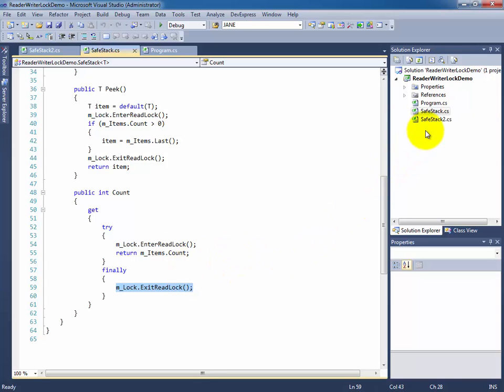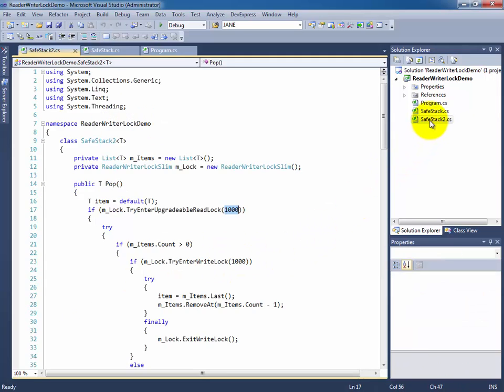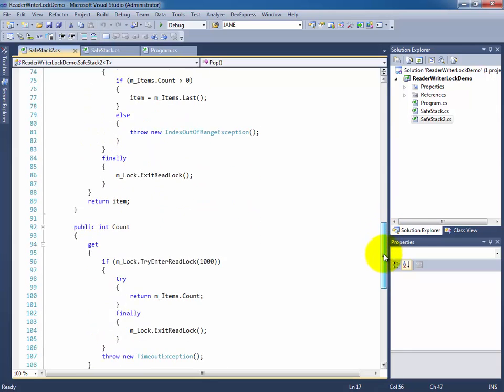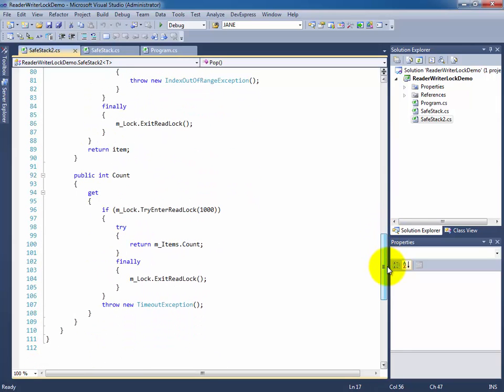Now let's move over to SafeStack 2, which pretty much is accomplishing the exact same thing as SafeStack, but instead of using just enter, read locks, etc., we are going to use the try version of these methods. I'm going to start at the bottom, since that's the simplest method, the count, and then we'll work our way up to the more complex